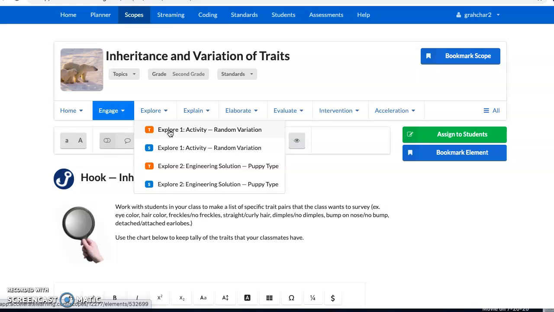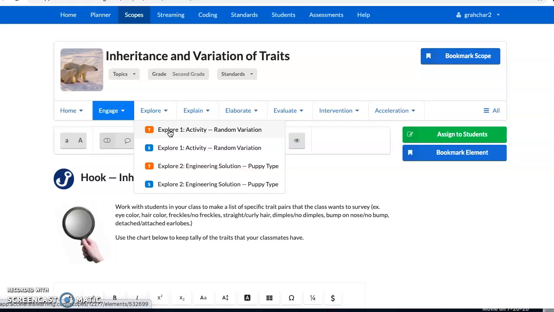And a lot of times we might choose to do that if we see that students need more exposure to a particular concept to really master those concepts and to truly get a good grasp of the standards